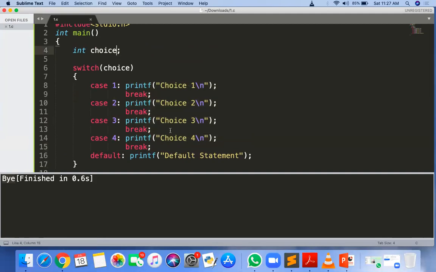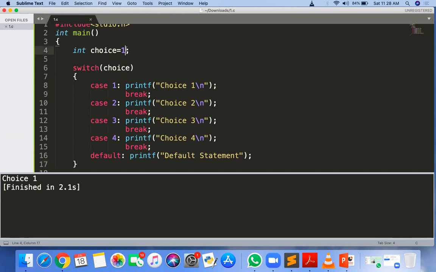Yes, sir. So suppose here we check choice 1. If choice is equal to 1, then what should be the output? Choice 1. Why? Because the condition is that the choice variable is 1. So we are testing the variable choice. What are the different possible values of the choice? Now we are putting case 1. Now this 1 is matched with the choice. Is it a match? 1 equal to 1? Yes, it is a match, so it will print choice 1. After printing choice 1, the break statement is there, and what the break statement does is directly go outside the switch case. It will not execute the further statements.